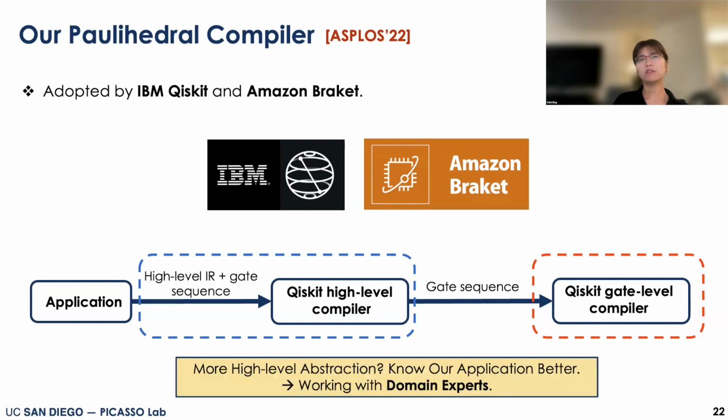So I think it just does the first step, because in classical computing we have multiple levels of intermediate representations to abstract our program and enable a lot of optimizations. To enable the same things in quantum computing, we really need to understand our application better. That requires working with domain experts to find these kinds of high-level abstractions. I think there are a lot of research opportunities here.